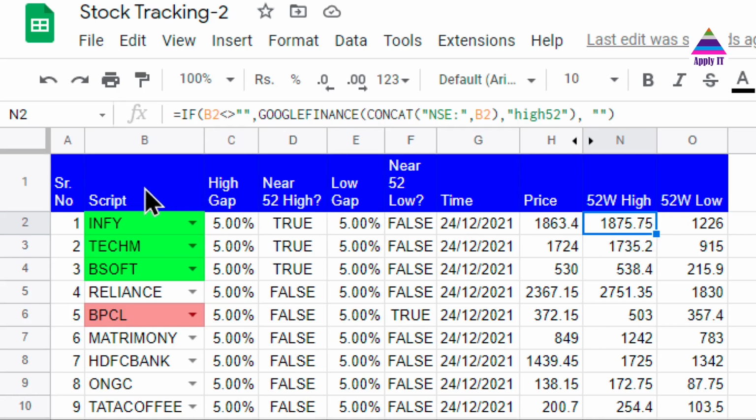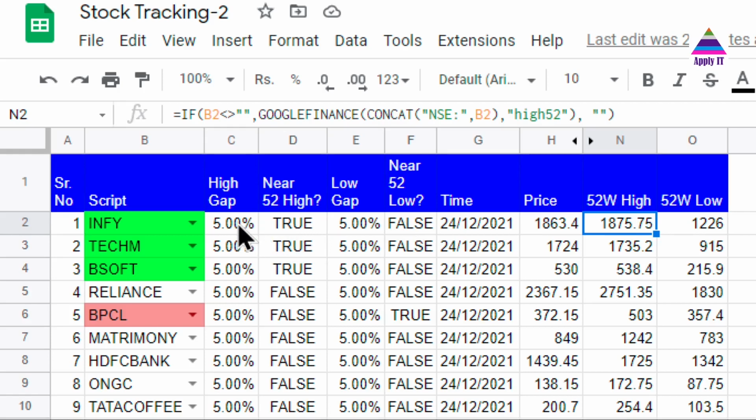Now, to solve this problem, we have created 4 columns where one column is about how much gap we want. So shortly we'll discuss what is that gap, and then we decide whether stock is near 52-week high. Same way we have a deviation or gap that we want from the reference value in terms of percentage, and the last column which will tell whether stock is near 52-week low or not. So the result will be in terms of boolean true or false.